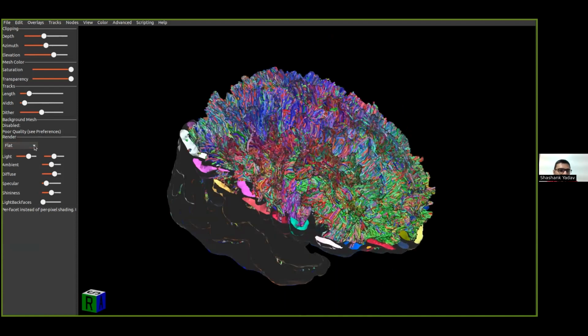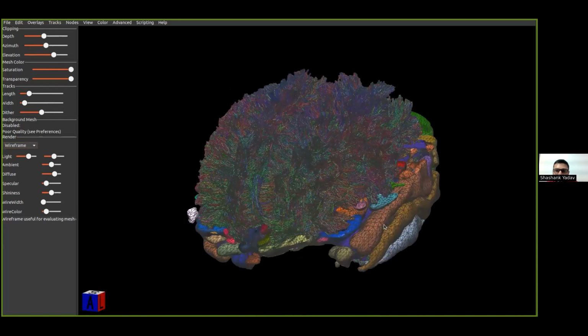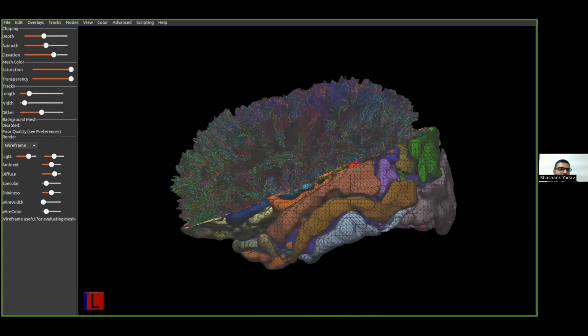Yeah, and then go here and if you want to go to wireframe, this is one I personally like. So yeah, and then everything becomes a wireframe. It will be heavy on the processor. Yeah. So I go and close everything down and let's go back